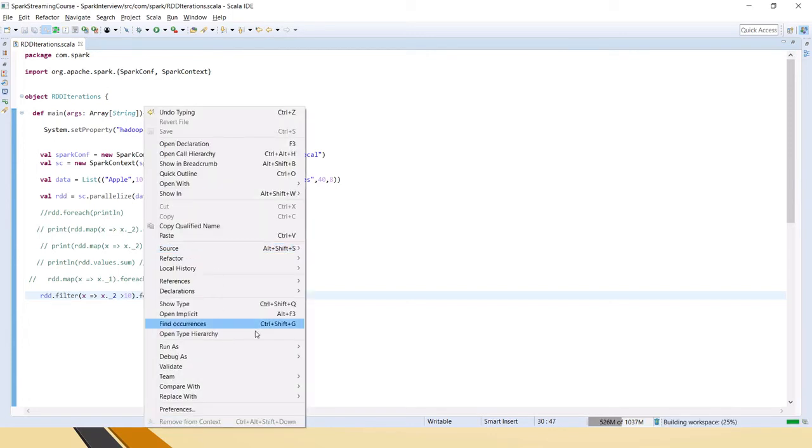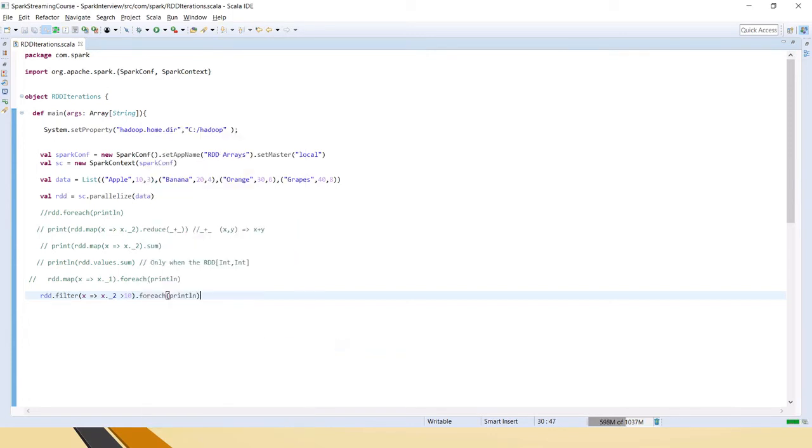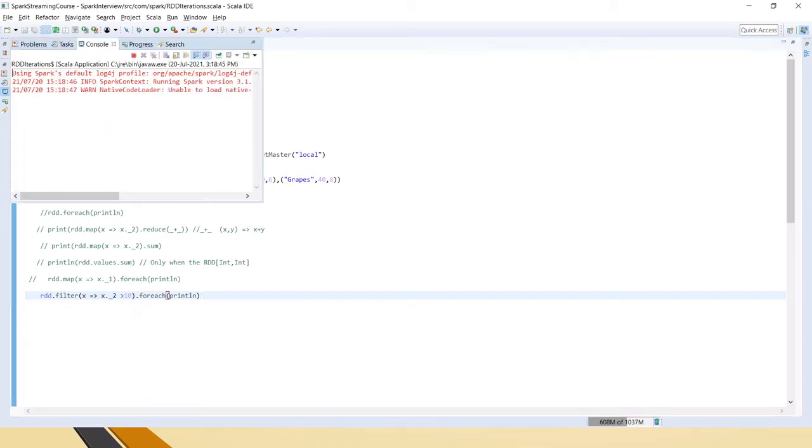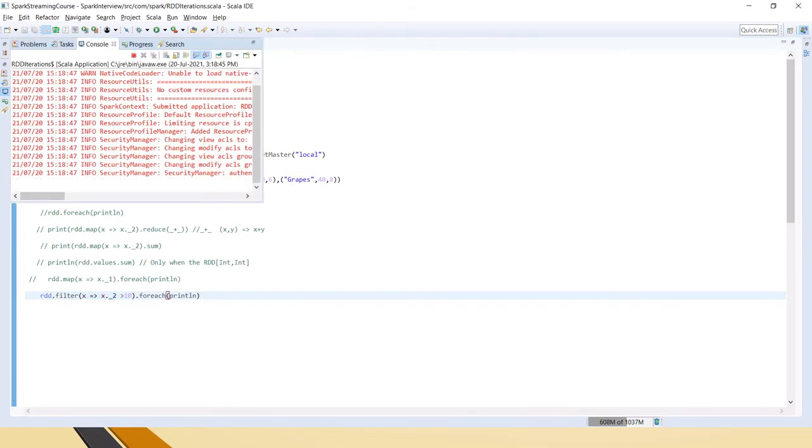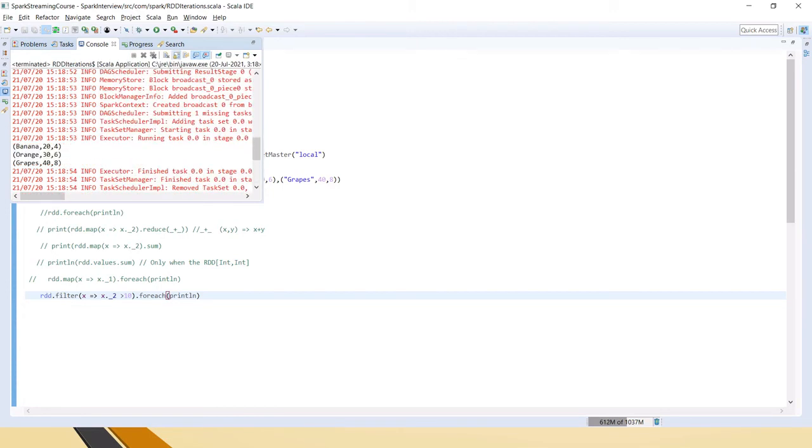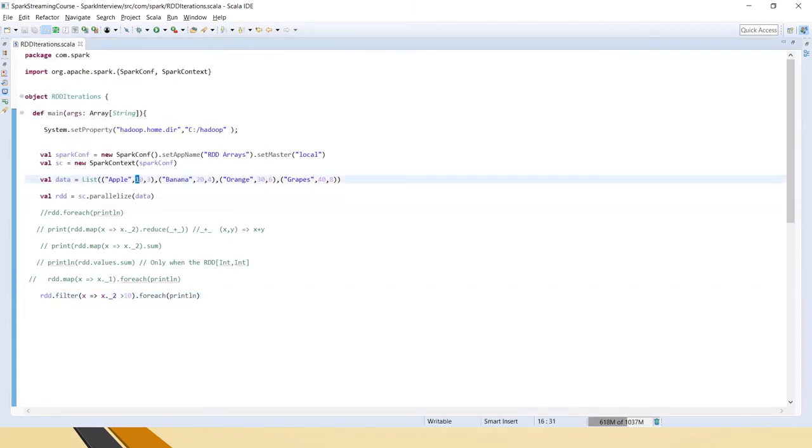I'm just running it again. We have given the greater than 10 condition here. It should not give apple, it should print the rest of the values, because apple has 10 as the second value in the list. So friends, you can see clearly, right? Apple has not been printed because its value was 10, and we have the condition greater than 10, because of that reason it has not printed that.